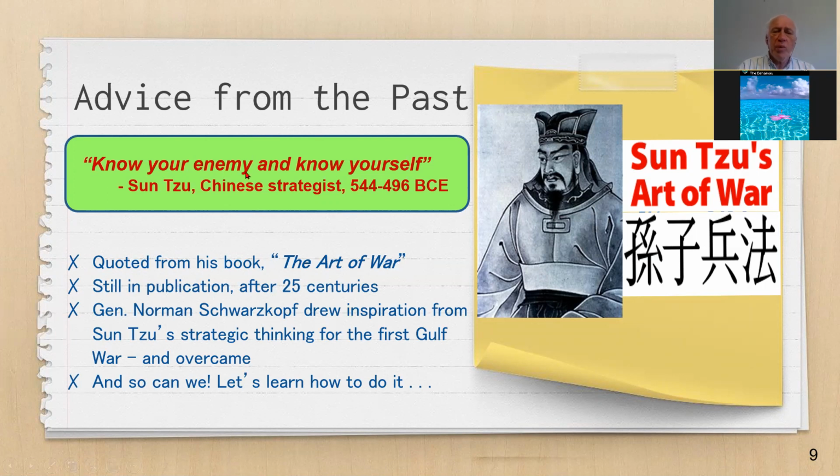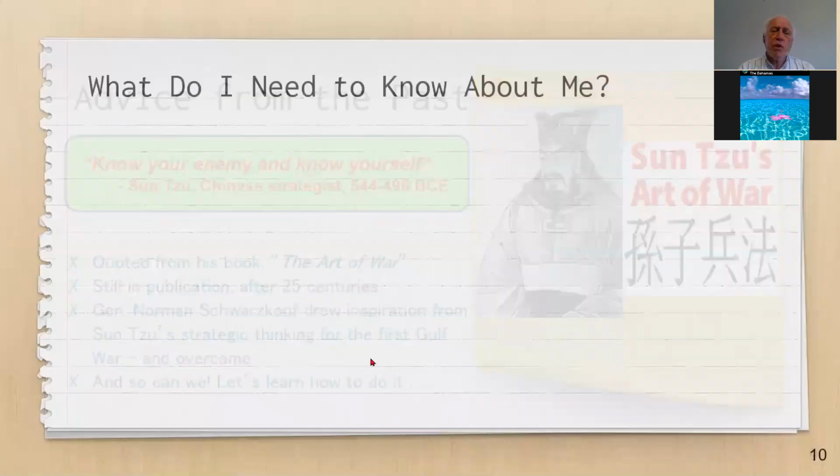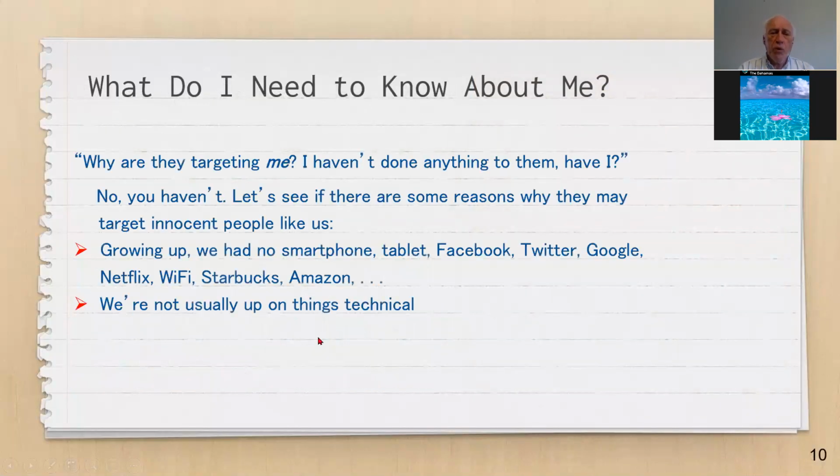If we don't know who our enemy is and what he or she is trying to do, most of them are men, but there probably are some women as well, if we don't know them and what they are capable of, we can't fight back. And if we don't know our own weaknesses, we can't protect ourselves, right? So I'm going to try and talk about a few things. Again, we're going quite quickly today.